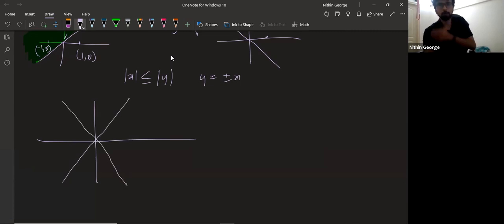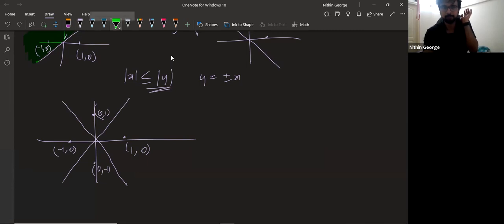So now when you apply the inequality sign, understand that we are talking about a few of these regions here. Just take points here: 1, 0, -1, 0, 0, -1, 0, 1. Okay, we did the 4 points. Put it into this, check which regions satisfy. Okay, 0, 1 satisfies. So this region you can take. 0, -1 also satisfies. This doesn't satisfy. This doesn't satisfy. So that's how we shape this region.